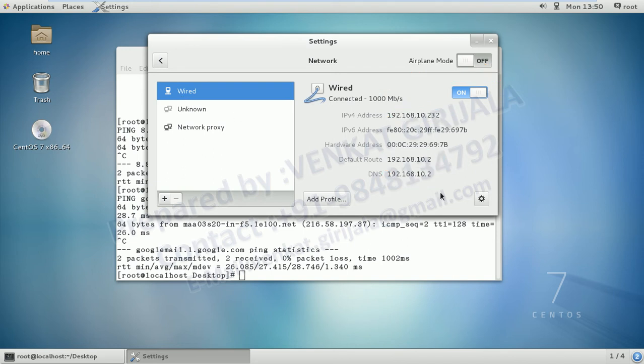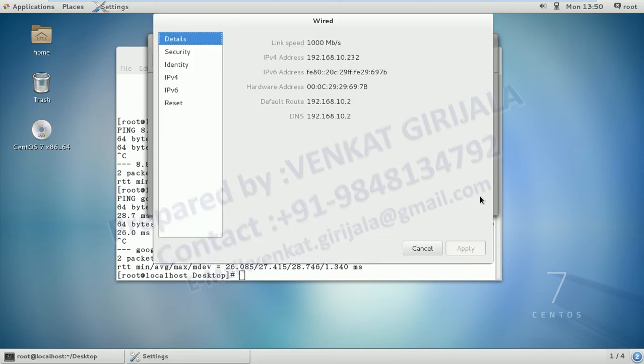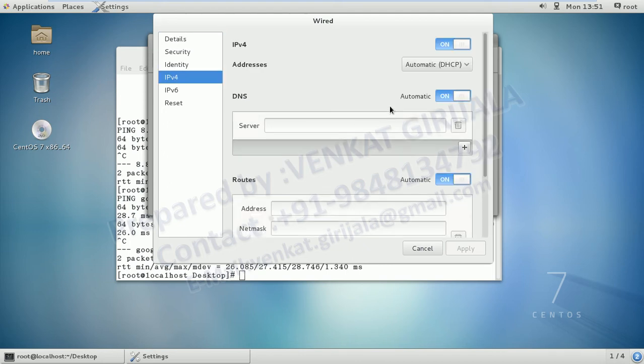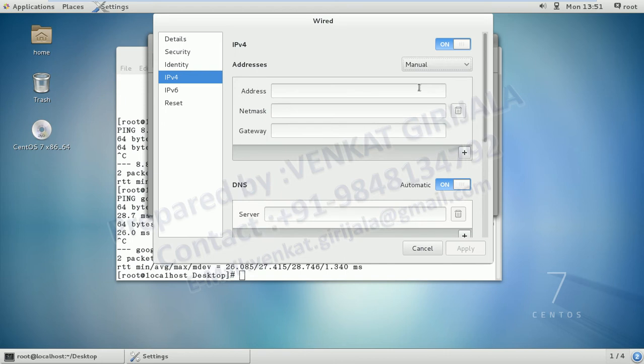We have the wired network; there's a settings symbol. Just click on the settings symbol, and please remember this gateway and DNS IP address. Now click on IPv4. Right now IPv4 is on with automatic DHCP, and I'm going for manual. I'm going to give the IP address 192.168.10.240 for the server, and the netmask, class C,